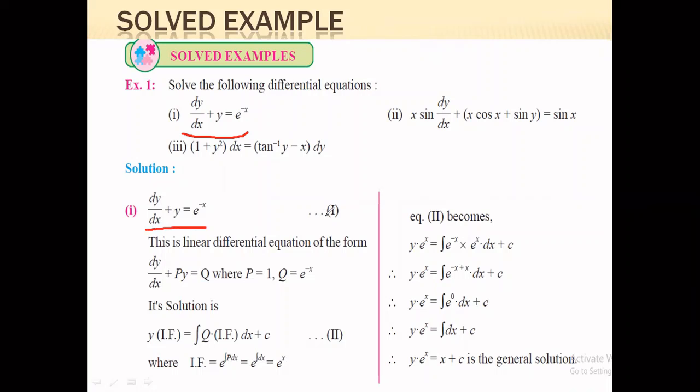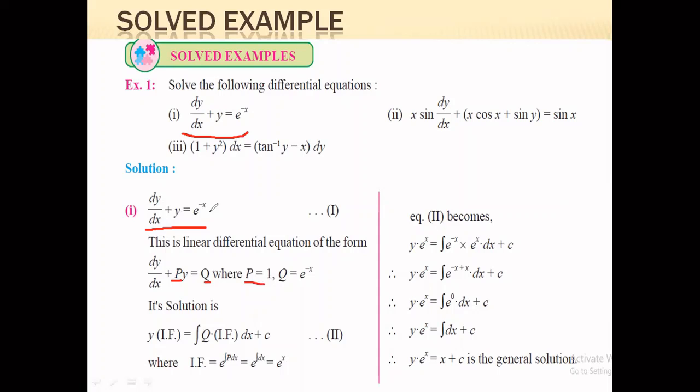Now when you observe, it is of the form of dy by dx plus py is equal to q. So this is what? This is our linear differential equation. Now to find the solution, firstly we compare this p and q. These are the function of x. So when we compare this p with this equation, तो यहाँ पे y का जो कोएफिशिएंट है वो कितना है? 1 है, और यहाँ पे y का कोएफिशिएंट क्या दिया था आपको? p. तो when we compare this कोएफिशिएंट ऑफ y, so we get the value of p is equal to 1.